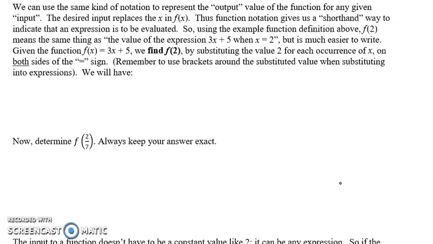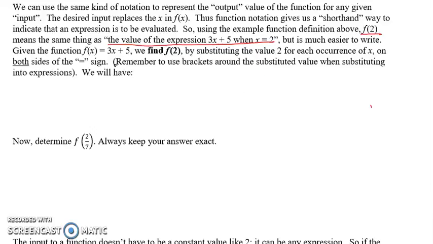So, using the example function definition above, f of 2 means the same thing as the value of the expression 3x plus 5 when x equals 2, but it's much easier to write. I want to underline that for you. This is the same thing as saying this. Obviously much easier and shorter to write. And say,